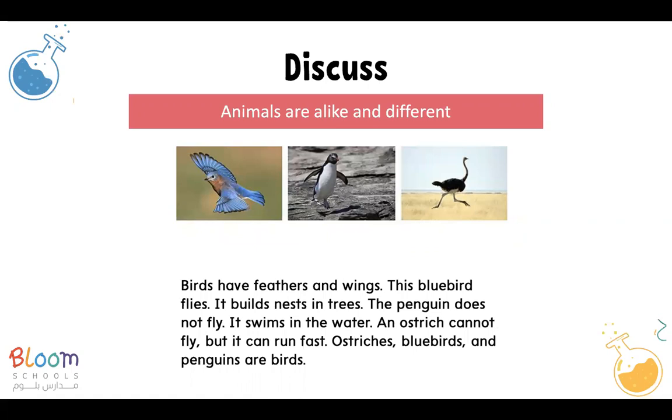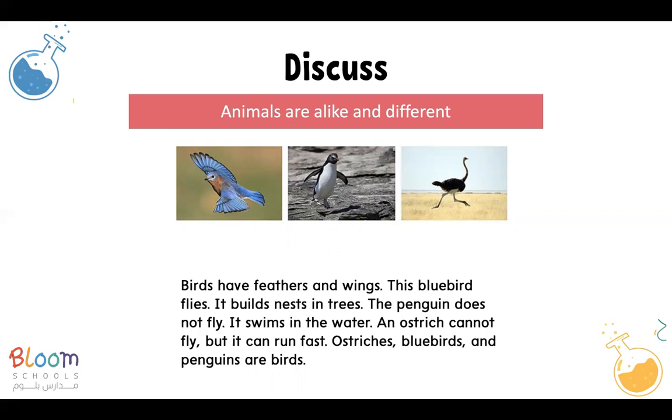Next are birds. Birds have feathers and wings. The bluebird flies. It builds nests in trees. The penguin does not fly. It swims in the water. And an ostrich cannot fly, but it can run fast. So each of these animals can do something differently, but they're all considered birds